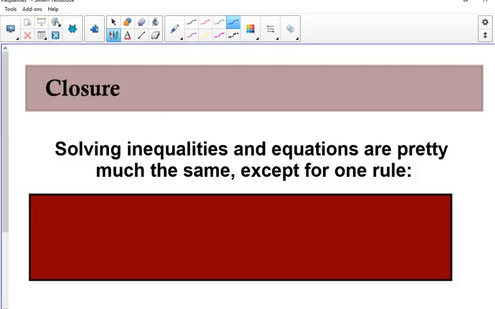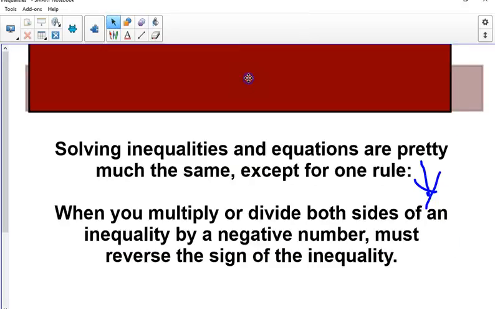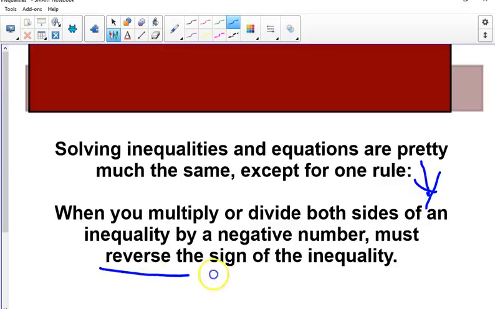You have a practice sheet that I want you to do. And then there is a little Google form. You have to fill in the answer to one question, and it's on there. So this is the question. How would you fill this in? Solving inequalities and equations are pretty much the same, except for one rule that changes. So fill in that one rule and put that on your Google Classroom. And for those of you that are watching closely, here is that rule. You multiply or divide both sides, you have to reverse the sign. That is the one